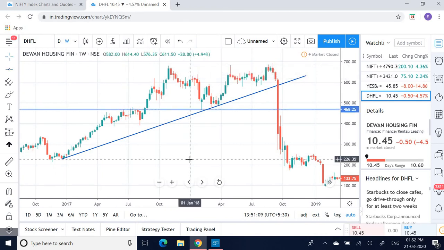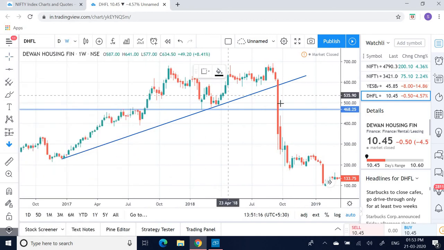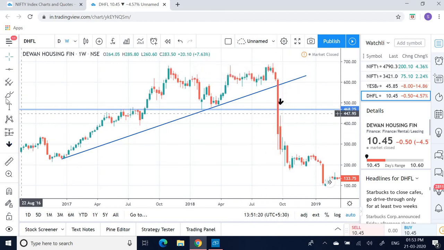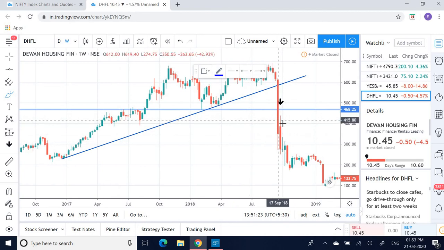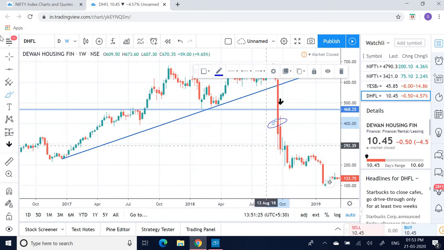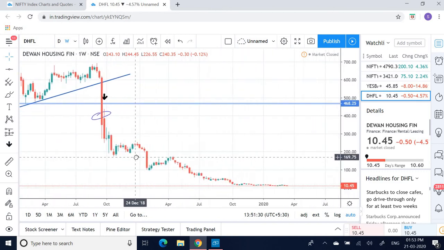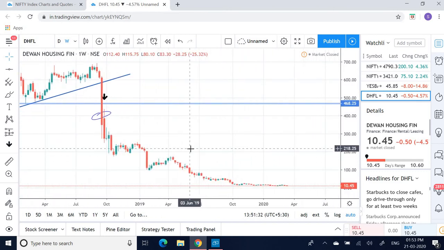This is for investors, right, who are following it on a very large time frame. This told you to get out. You could have got out over here somewhere at 400, and look what happens to the stock. It never ever recovers. Very simple thing. It will get you out of most of the duds. Even at 20-30% loss, you would be out. You won't be wiping out your accounts, and most importantly, you won't be averaging